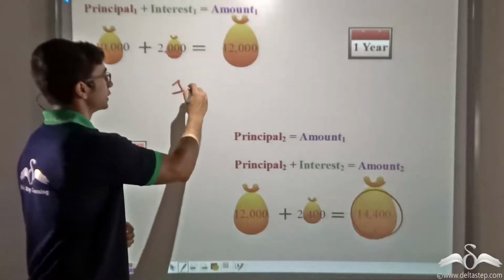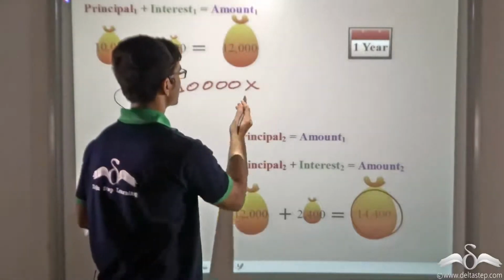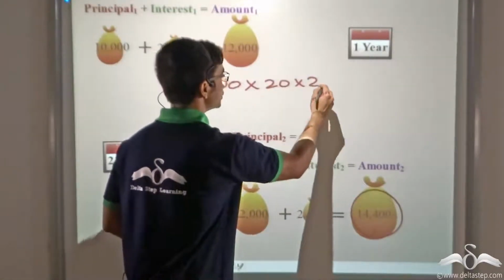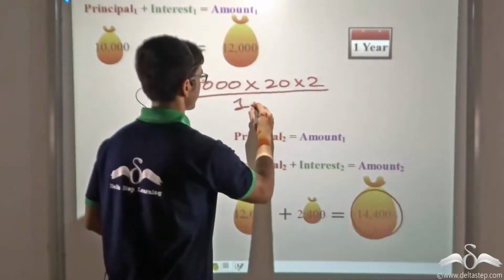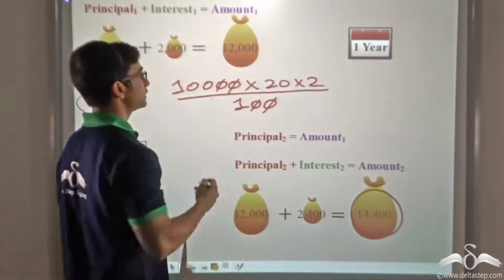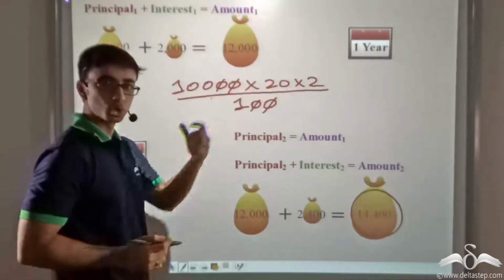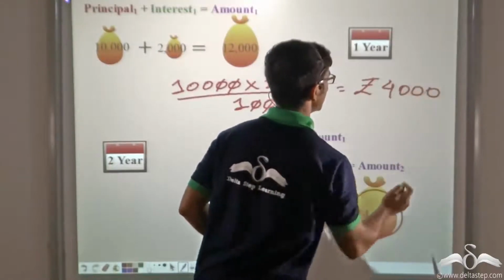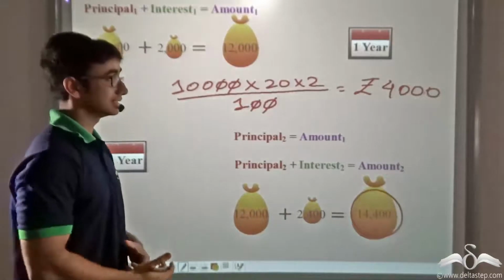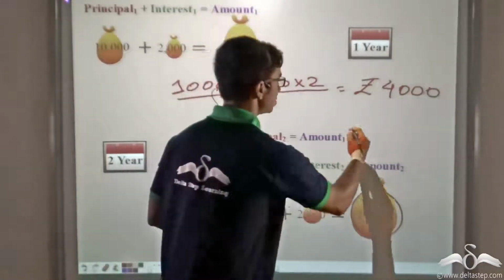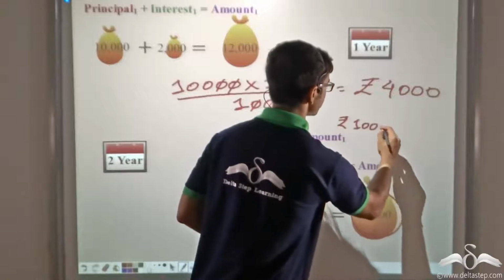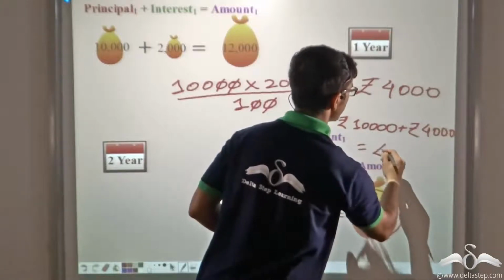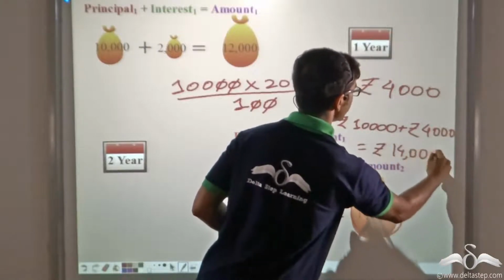Now what do you think would have happened if interest on interest was not charged by Narayan? In that case, we would have obtained a simple interest of P, that is 10,000, into R, 20%, into T, that is 2. So simplifying this, we would have got 100 into 20 into 2. That is nothing but rupees 4,000. So the amount of money in that case that Daniel would have had to return would have been rupees 10,000 plus rupees 4,000 equal to rupees 14,000.